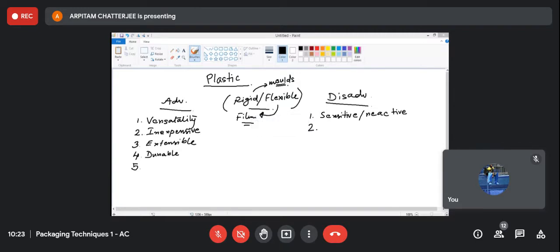So plastic is not biodegradable. Can we say it is a disadvantage? Yeah, obviously it is one of the most important things. It is not biodegradable, and the impact is